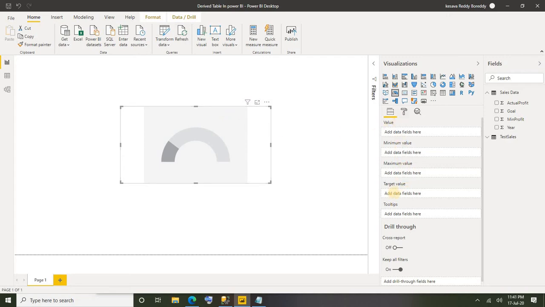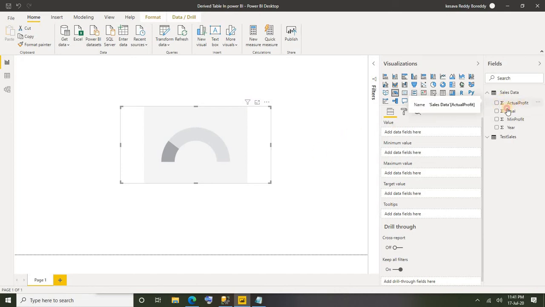It has target value, maximum value, minimum value and the actual value. Target value is nothing but the goal. Maximum value is the maximum that our value can reach, and the minimum value is the minimum our value can touch down to. And the actual value is either profit or sales, whatever you go ahead and use.